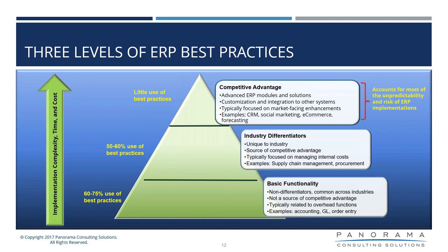Then there's going to be those processes that may be industry differentiators, such as case management or field services. That might be something that's an industry differentiator, and that might be important for your company because that's the industry you live in. There might be some unique processes within it that you want to make sure you're capturing, or you want to make sure a system is going to be able to enable and support you in keeping those industry